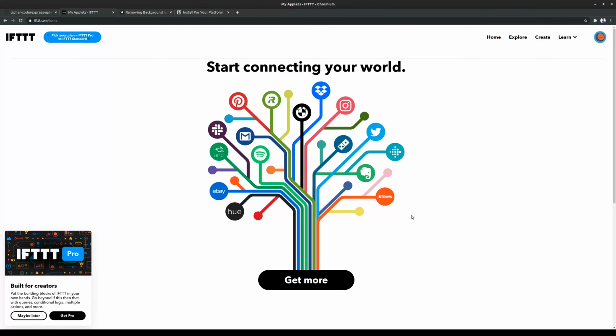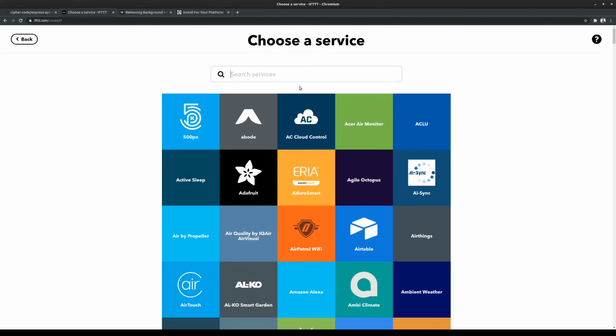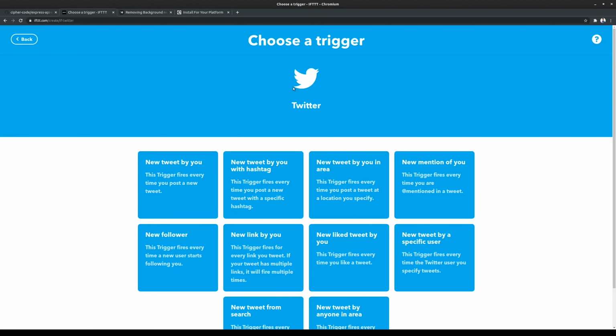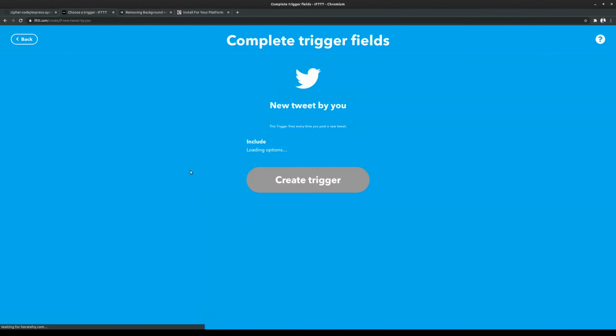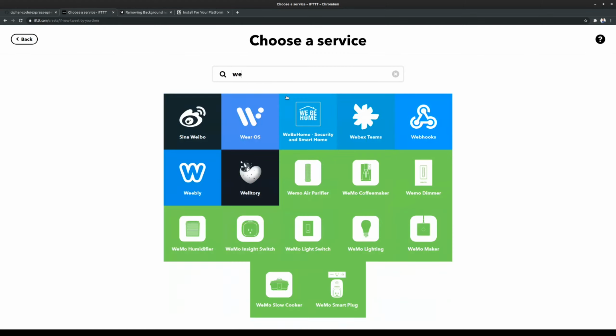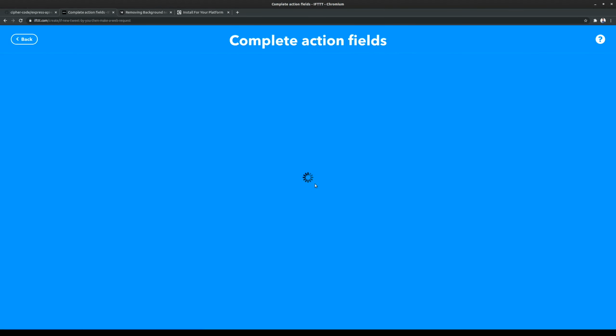Okay, so now I'm at the IFTTT website, and we're going to create an applet. So just click on create up here. Where it says if this, click on add. Type in Twitter. Click on that. Click on new tweet by you. And create the trigger. And over where it says then that, you click on add, type in web, click on webhooks, make a web request,